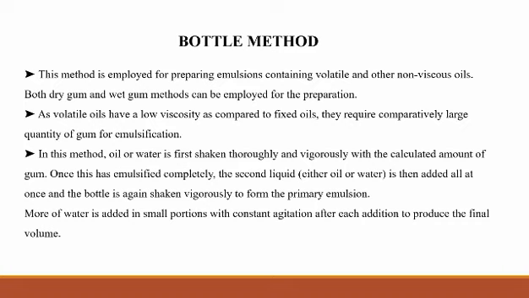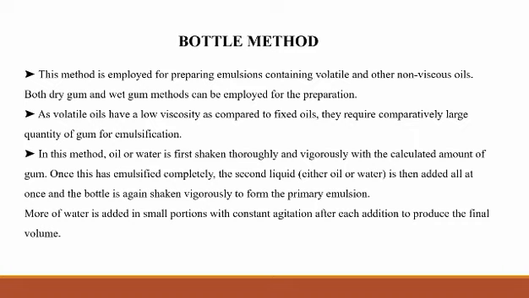Likewise, when we are preparing a water in oil emulsion, first we have to add water with the gum. Next, after shaking it vigorously and after it has completely emulsified, we have to add the second liquid. Once all the liquids are added, we have to shake it vigorously to form the primary emulsion. Once the primary emulsion is prepared correctly, we have to add the remaining portions of water in small portions and with constant agitation to form the final volume of